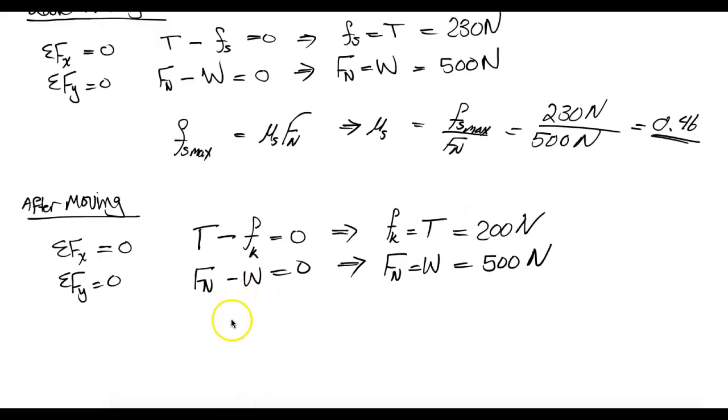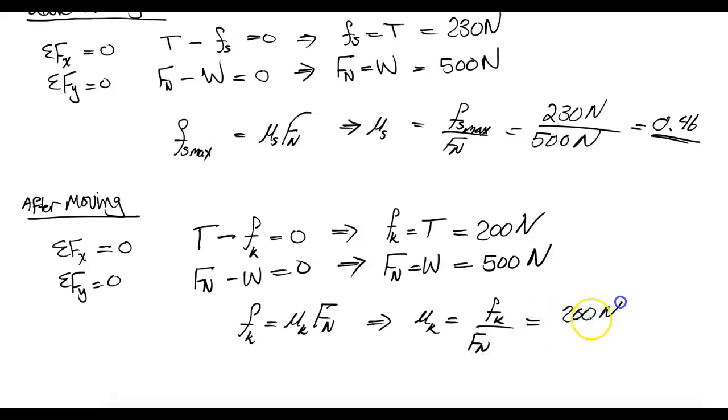And similarly to what we've done before, the kinetic friction force will be the kinetic coefficient of friction times the normal force. This gives us that the coefficient of kinetic friction is the kinetic friction force over the normal force, which is 200 newtons over